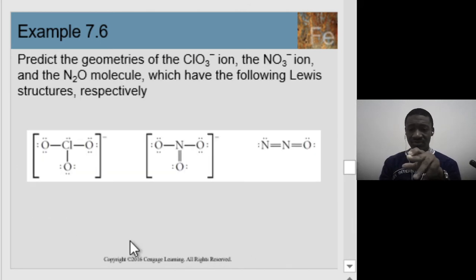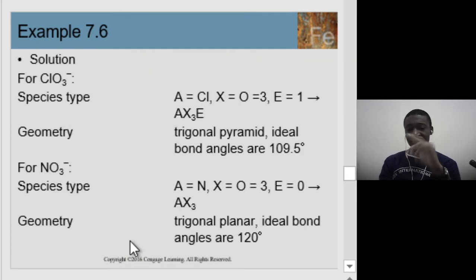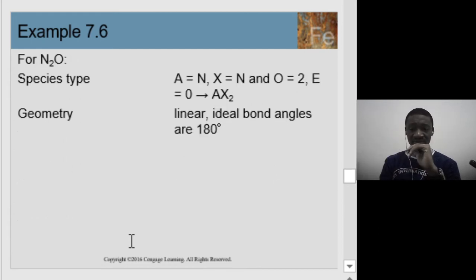So the first is a trigonal pyramid. Then the second is trigonal planar because it doesn't have lone pairs. The first has a lone pair, hence you have the pyramid situation. And then you have